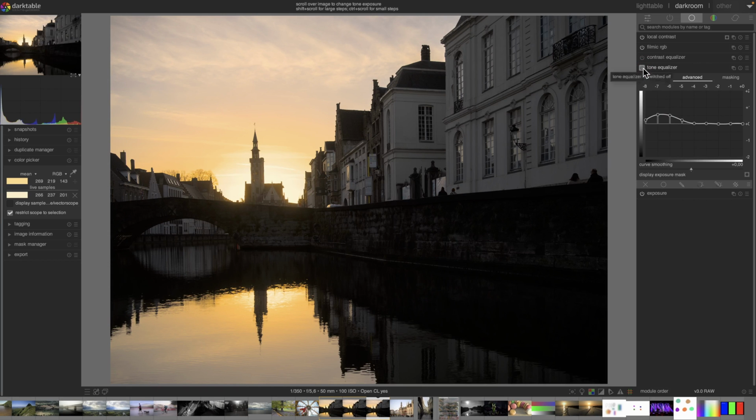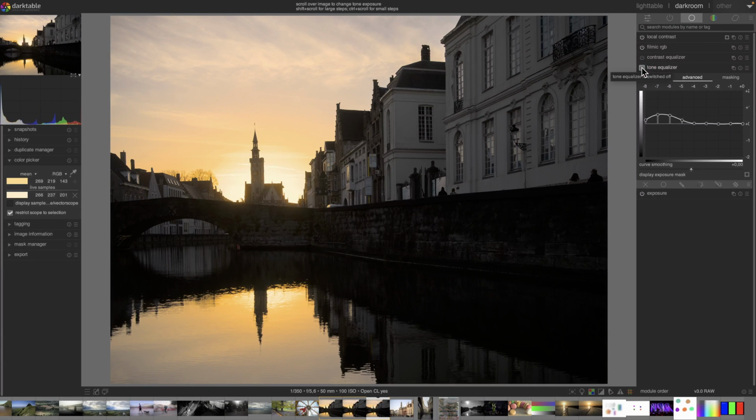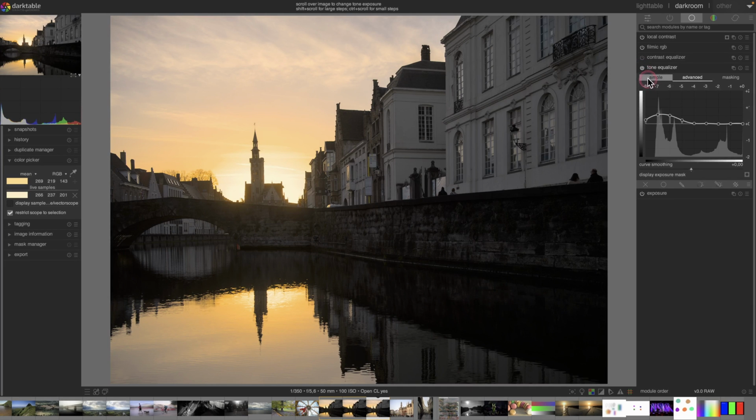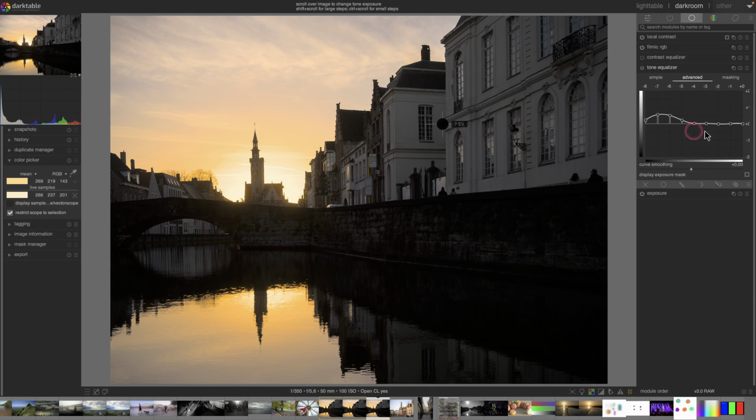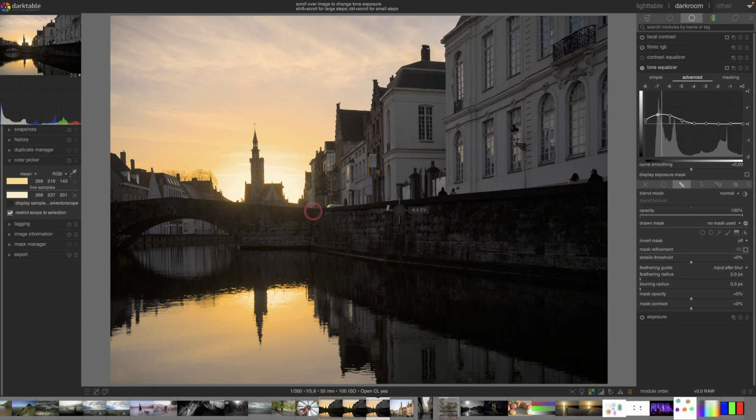Okay, so now I can see that much better. It's actually affecting a lot of the dark tones in the roofs there. I have to decide whether I want those to be affected or not. I think actually not, because I prefer it to be dark. I actually think this is too much. So I'll come back to that later, and I'll make a drawn mask just around the bridge here, just to